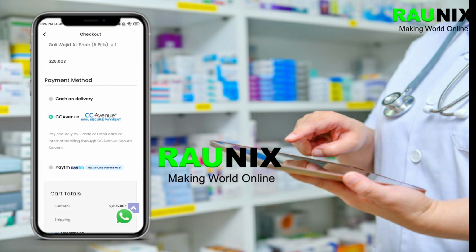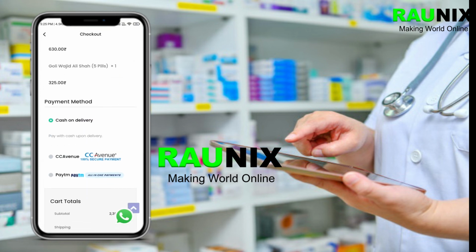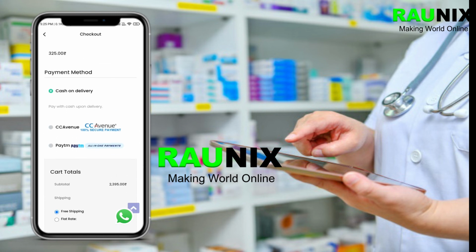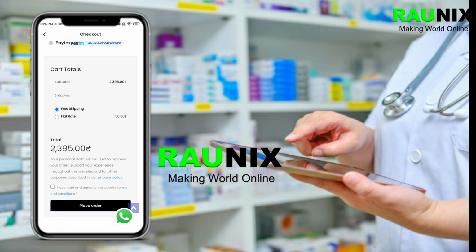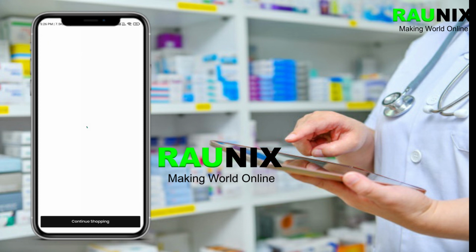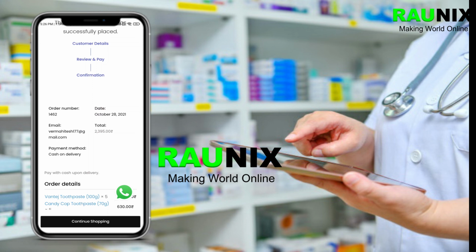If you pay online, the payment will come directly to the admin, and if you choose COD, the admin can control whether he wants to give COD or not. Then the customer will need to pay once the delivery has reached his place. And yeah, click on place order. And that's how you make an order in the application.